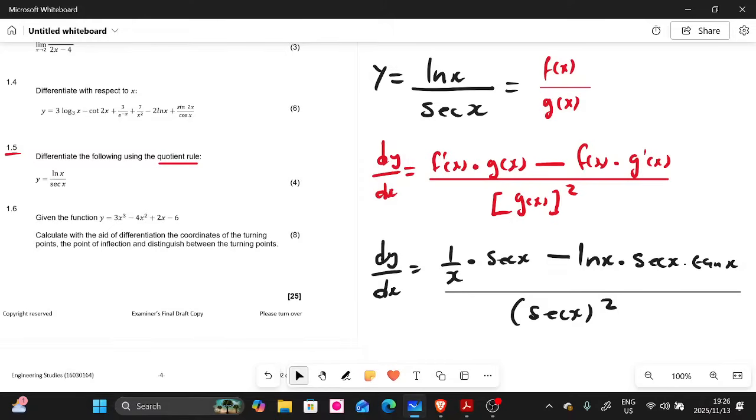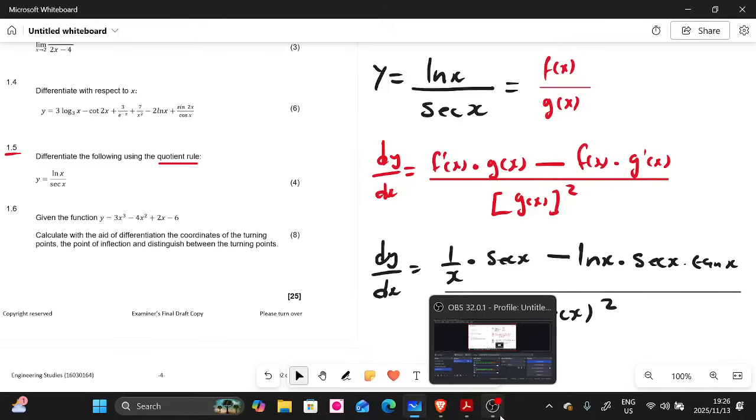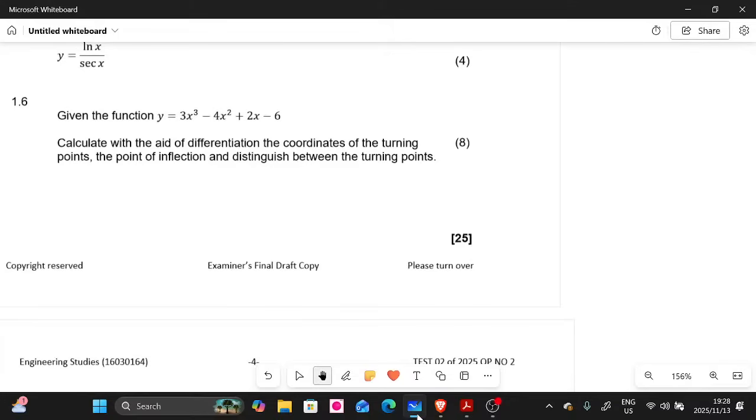Members, do you have any questions? So let me pause this, let me erase this part. If you don't have questions, we're going to do the last one. This one is very long, so we need some time. So let me pause this, and if you have questions, ask. If you are fine, let's look at 1.6. I mean, this one as well, guys.